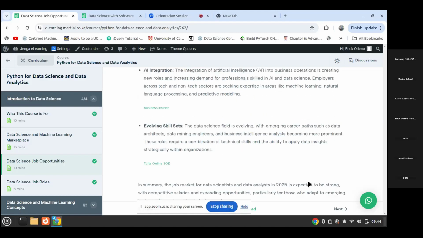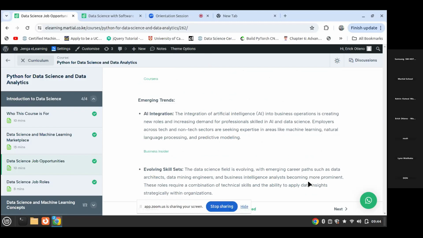There are some emerging trends, and these are trends we saw, I think, last year. There has been AI integration, whereby the integration of artificial intelligence into business operations is creating new roles and increasing the demand for AI professionals and data scientists.